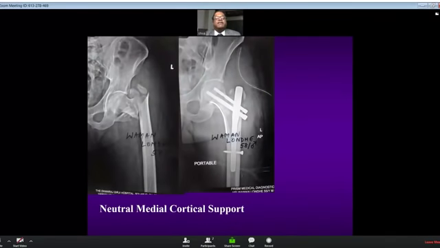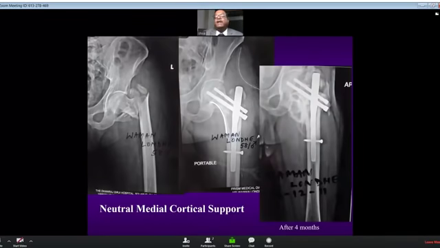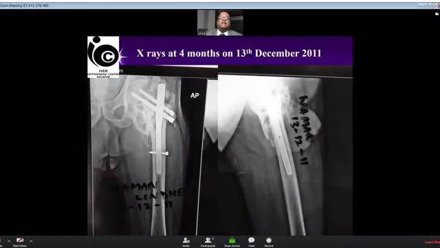There's a badly comminuted fracture in an alcoholic patient who came to me a long time back, sometime in 2008 or 9, I don't remember. But you can see the Shenton line has been beautifully maintained, and the bone healed around the nail beautifully, even in spite of so much comminution. So getting the cortical support right, both in AP and lateral, that is the anteromedial reduction, is very, very important in these cases. And this is the end result at the end of 4 months. This is the picture in 2011.